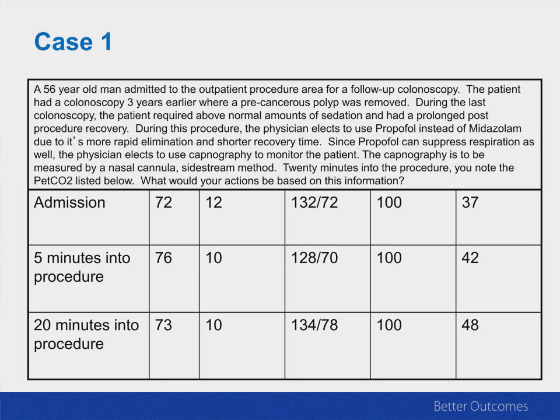In the first column, he has a heart rate of 72 to begin with, and notice throughout the whole procedure, it never increases very much. The second column is his respiratory rate. The respiratory rate goes from 12, stays no more than 10. That wouldn't worry you. Same thing with the blood pressure in the third column and the pulse oximeter in the